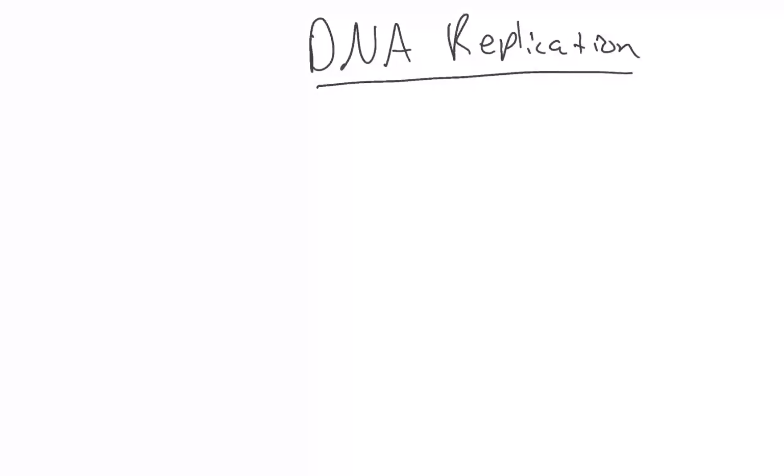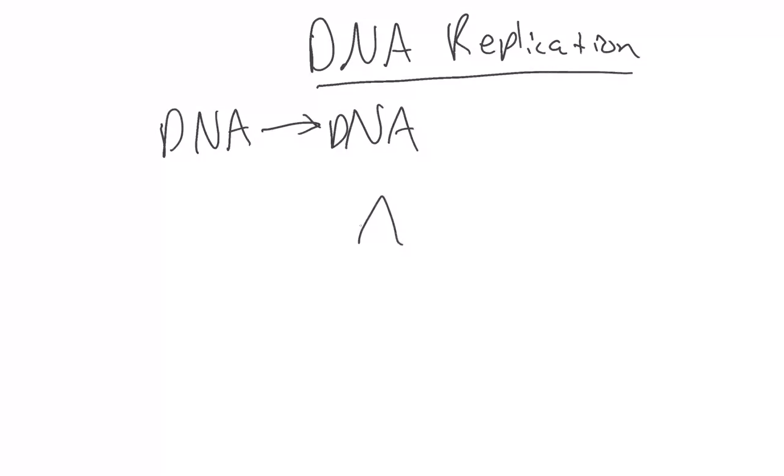Okay, in DNA replication, a copy of DNA is created. So it's basically copying DNA to another section of DNA. DNA is made up of nucleotides, and we will represent those nucleotides by letters. So for example, if a DNA sequence A, T, C, G was to make a copy of itself, it would